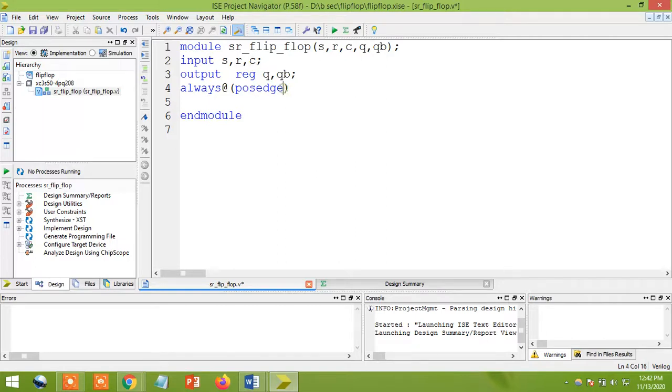Then you need to write the variable. Just give a space and give C. After that, if you want to define S, or if you want to define R, you can define, not an issue. Otherwise, you can separate by using or. Sometimes you are going to use one statement here, it is or, and you can separate that. So this way also you can do that.